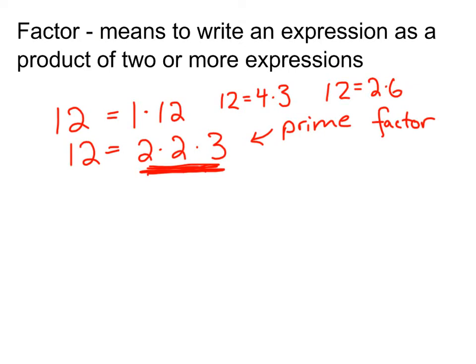Now, that brings up an interesting point. Let's look at 2 again. Remember, I said 2 is 1 times 2. Can you think of any other way to write it? No. But this isn't a prime factor because 1's not prime. So we always call 2 a prime number. So we could say 2 is not factorable in some sense when we get a little bit more specific on expressions. So let's get away from the numbers